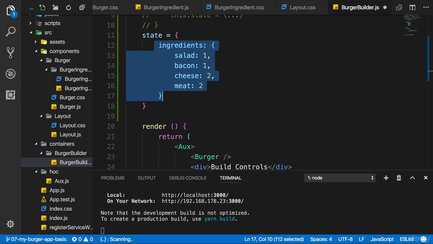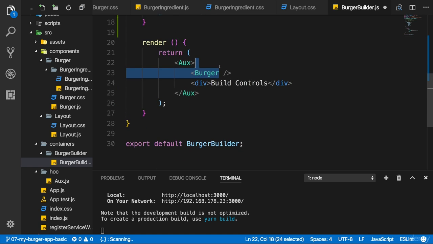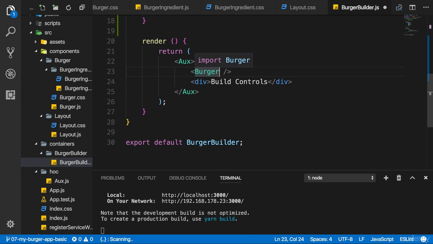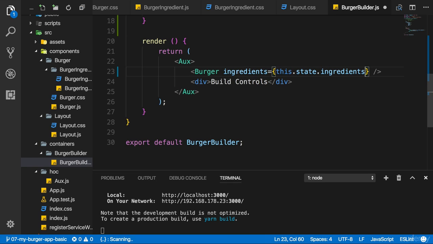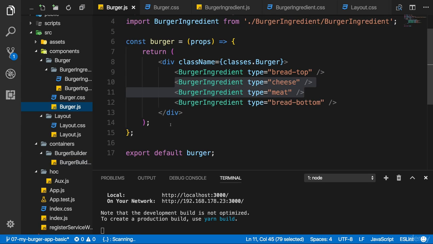Now we get our ingredients. Of course, the goal now is to pass this now to our burger. So somehow we want to give our burger component the ingredients. So on an ingredients property, we want to pass this state ingredients. That's the idea. The thing is, the burger doesn't receive any ingredients yet. So let's copy that over to the burger component and let's start accepting it and let's start outputting the ingredients